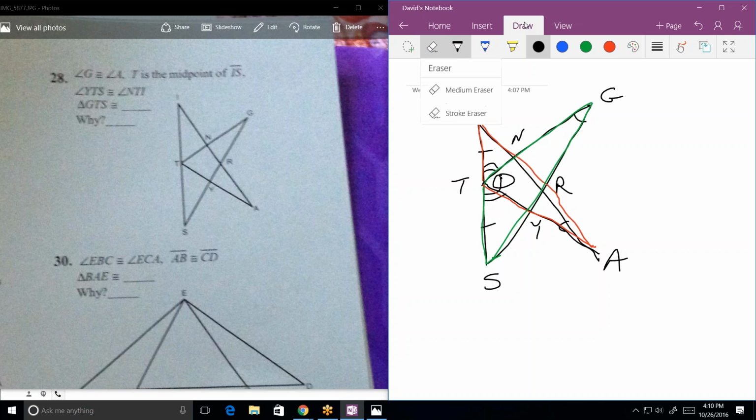But it is equal to itself. Which means since that's equal to itself, this angle, which is part of the triangle in red, has to equal this angle of the green. You see why? In other words, if I call that angle 1,